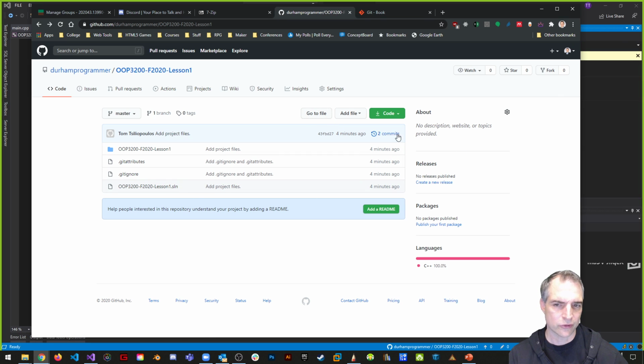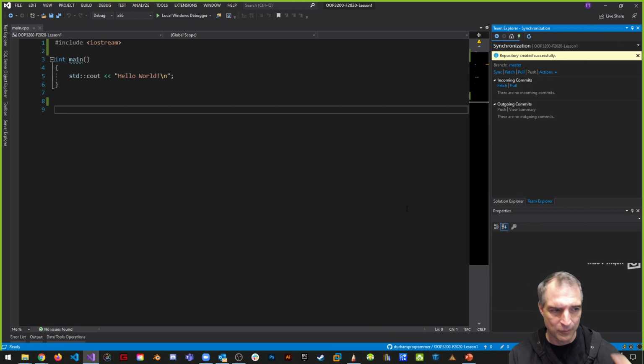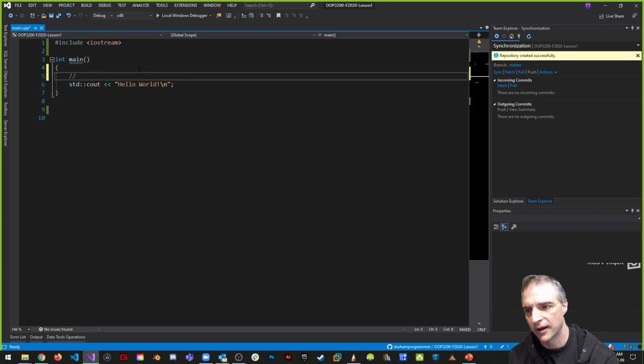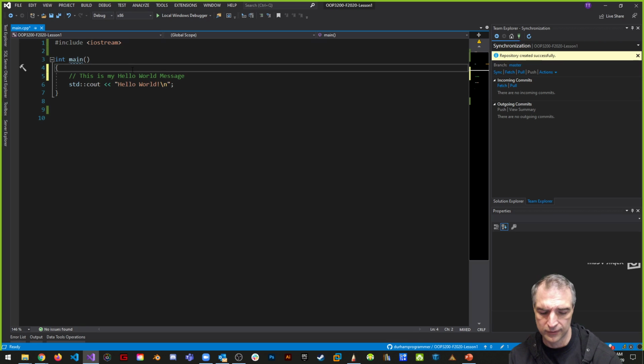One, are you just using it as a backup? If you're going to just put your stuff on GitHub one time, that's not really using GitHub. That's like using GitHub as a backup. I'm just putting my files up there. Hey, who cares, right? Using GitHub properly is what we're going to do now. Let's suppose I want to have some kind of comment. This is my hello world message,